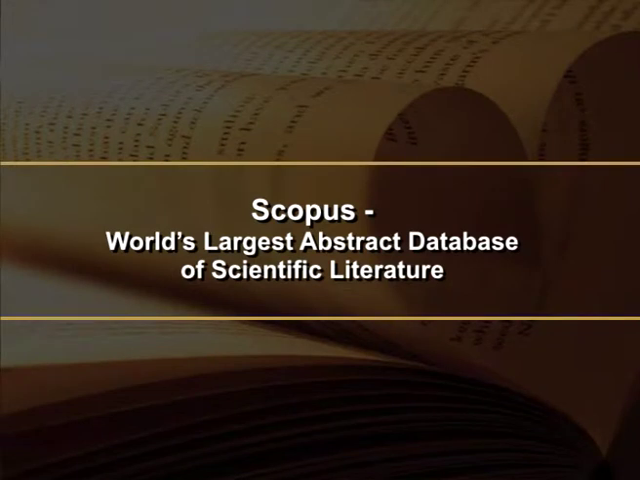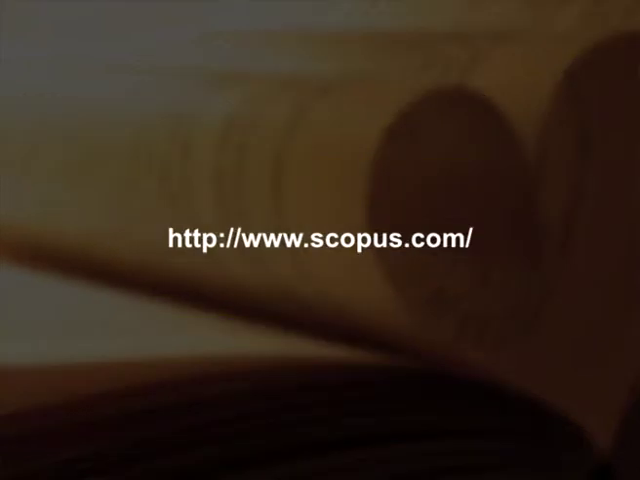Next, Scopus, world's largest abstract database of scientific literature. www.scopus.com. Scopus is a single abstract and indexing database which covers 14,000 scientific, technical, medical and social sciences titles from 4,000 STM publishers. Scopus offers cross-discipline access to 27 million abstracts and citations back to 1966, including cited references from